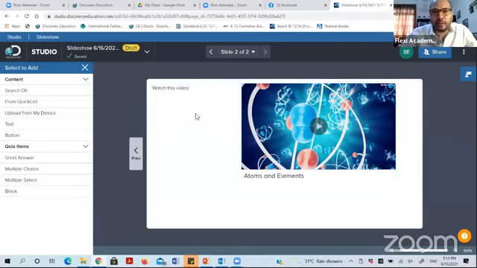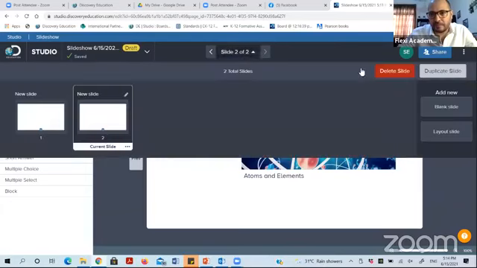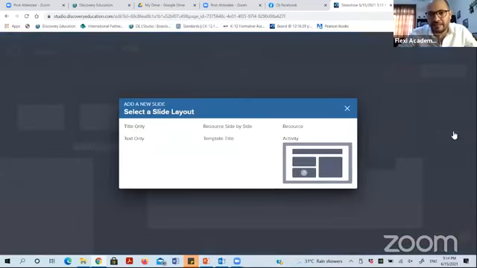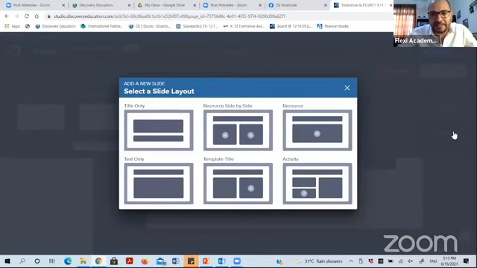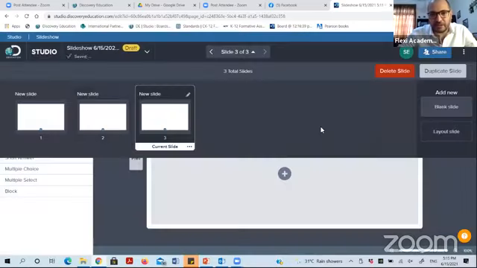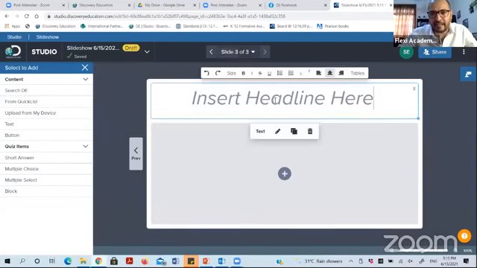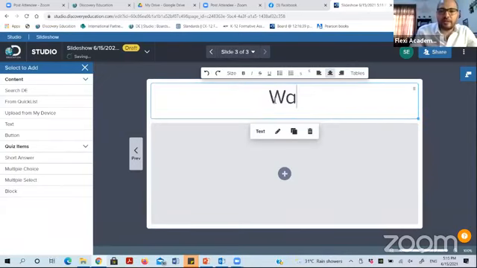I can add one more, but I would choose layout slide just to show you these templates that we can choose from. So let's say that we're going to choose this one and add here, watch